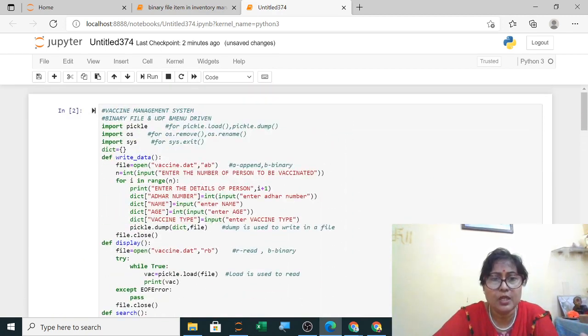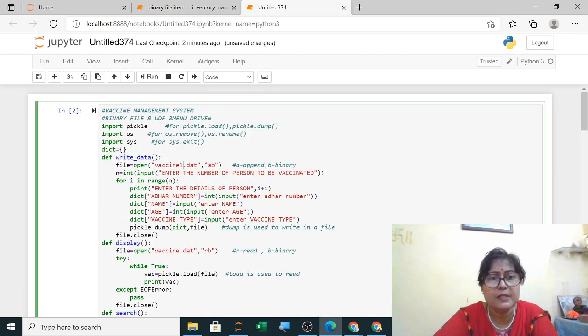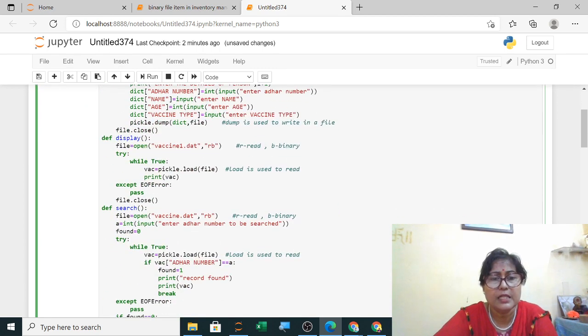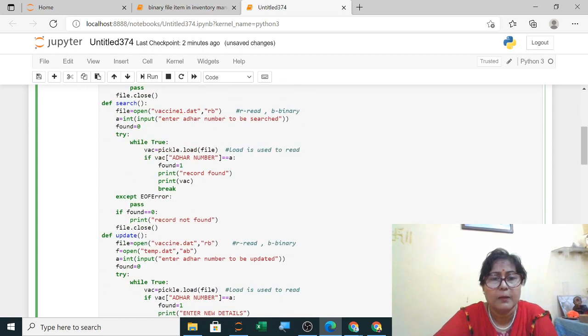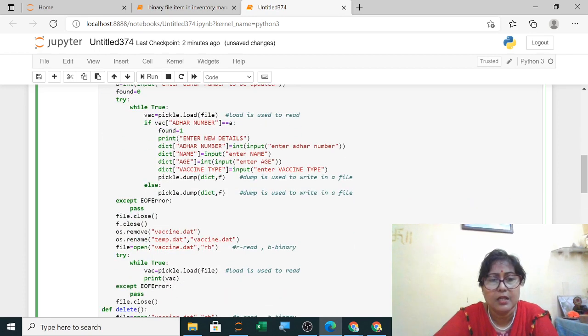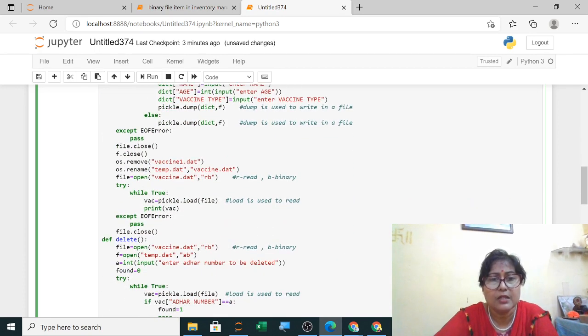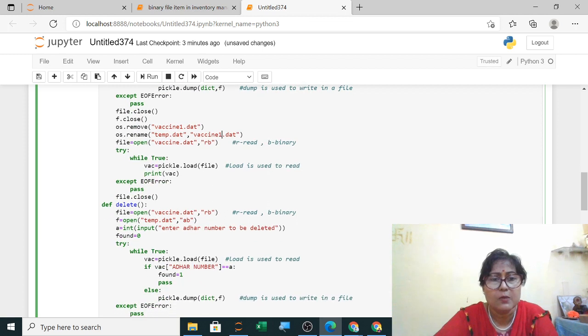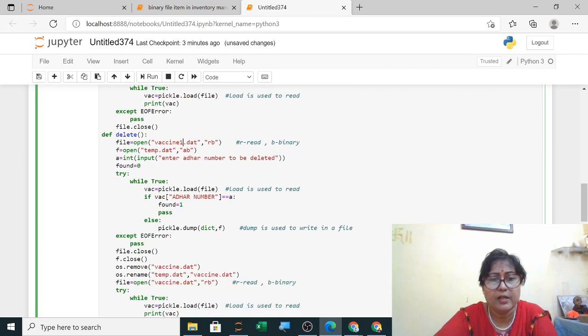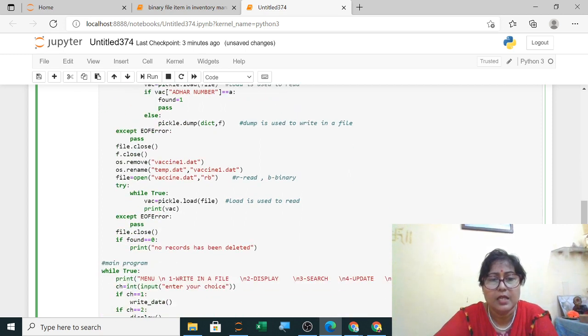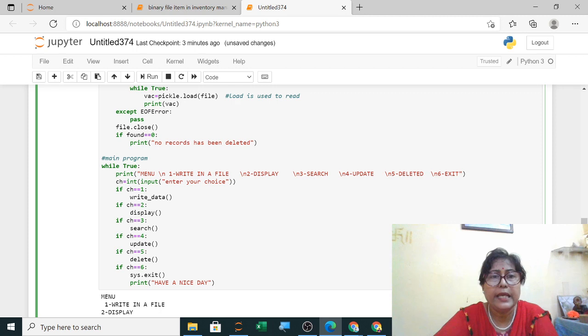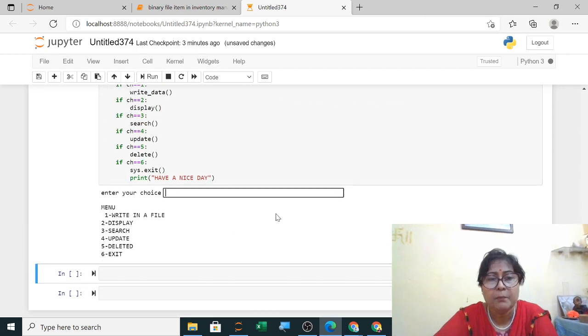If suppose in your project this type of error happens, simply you rename it and then I will show you, it will get executed. It is used by some other program. In some of the softwares it can show these. So carefully see wherever the names have been written, I have renamed it. Yes, over. Now again I am running the program, but in my vaccine one nothing is being written.